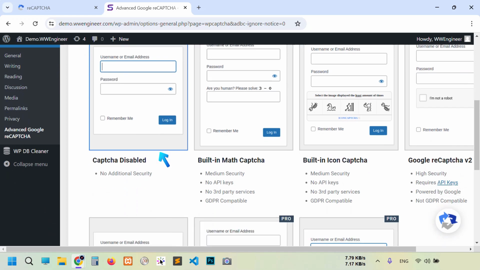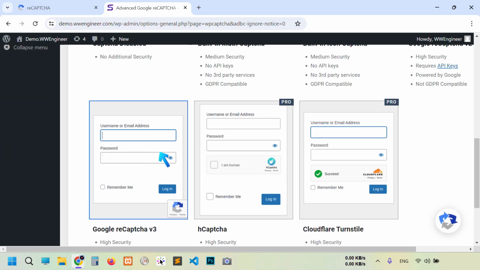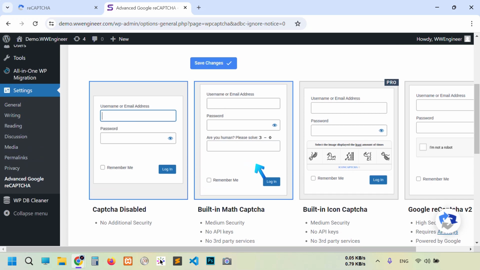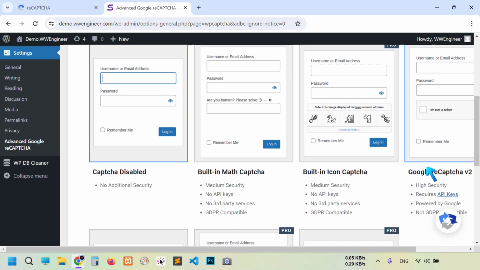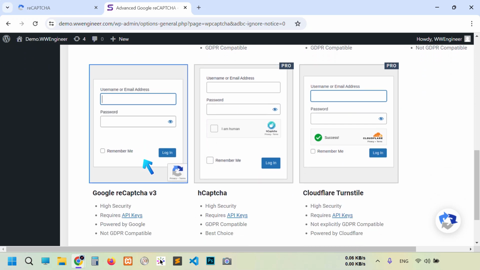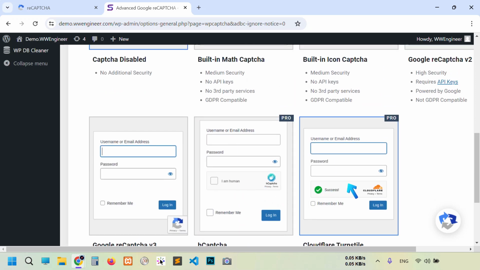You see here lot of options, lot of CAPTCHA available here. Now by default it is disabled. Built-in math CAPTCHA, it is coming from this plugin. Also this one itself, built-in icon CAPTCHA, and here is Google reCAPTCHA v2, also v3 available, and Edge CAPTCHA, Cloudflare Turnstile, but you have to purchase Pro.